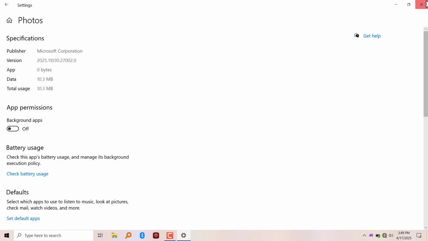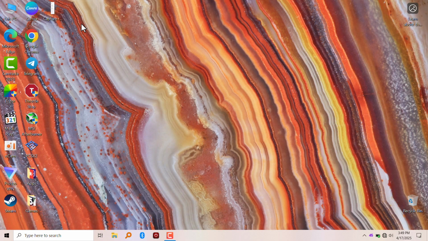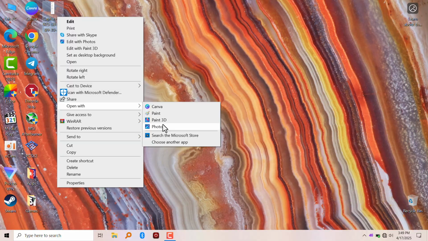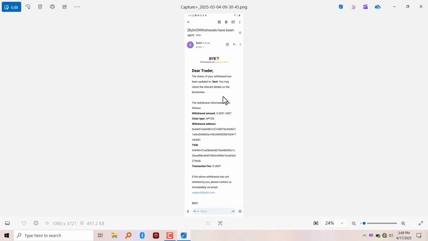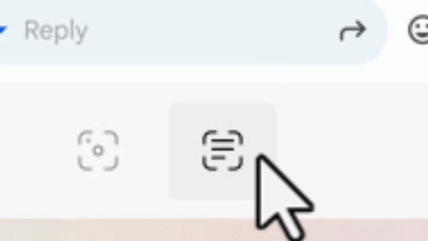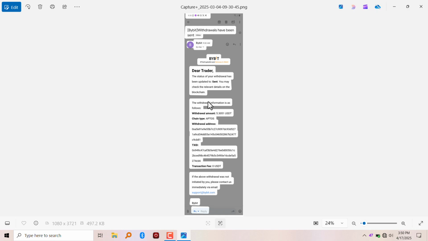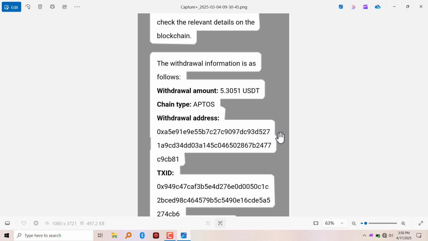So to copy text from images, all you have to do is to right click and open the image with your Photos app. So what you have to do now is to click on this icon at the bottom, scan text. As you can see right here, it has scanned all the text in this screenshot. You can now zoom in and select the text you want to